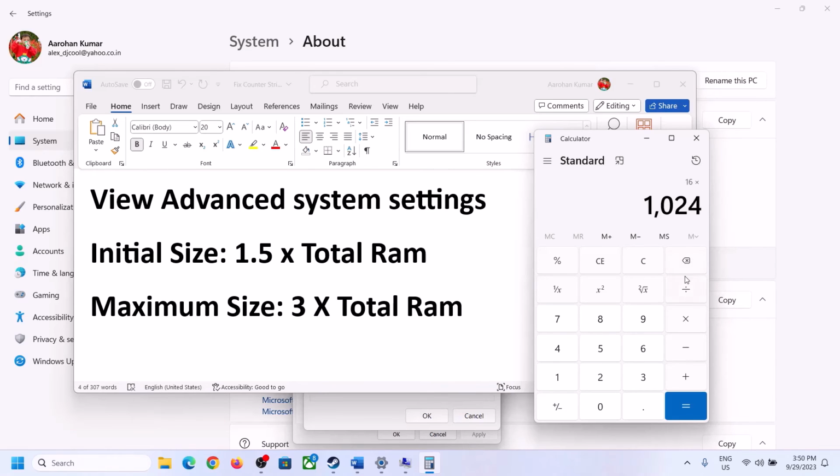So 16 GB in megabyte will be 16384. Now 16384 into 1.5, that is, total RAM into 1.5. So in my case initial size is